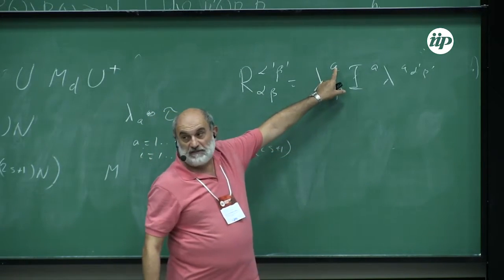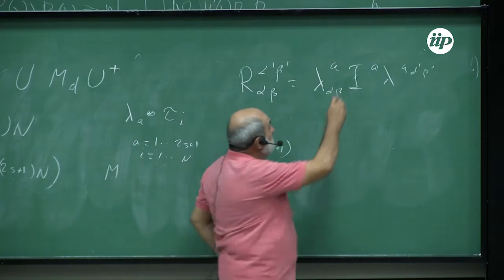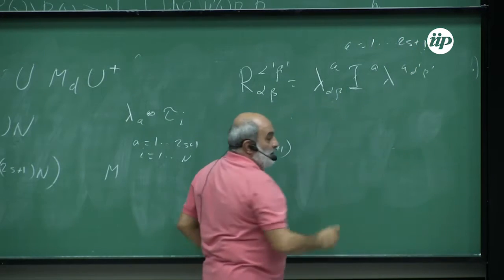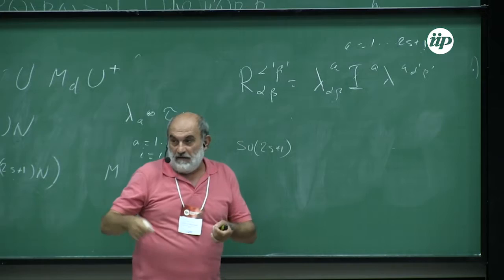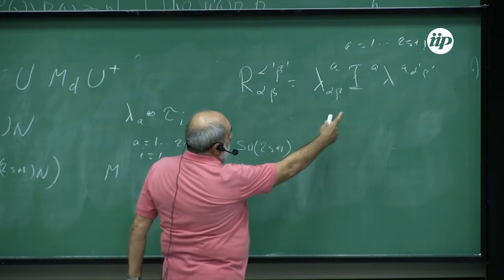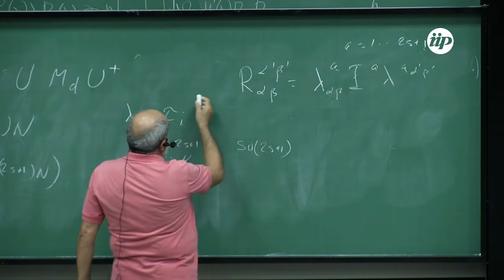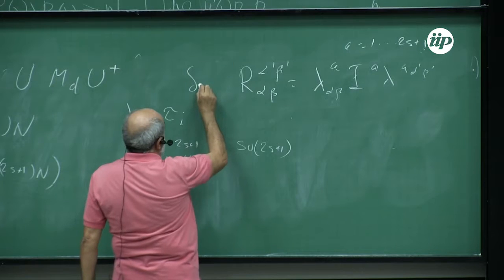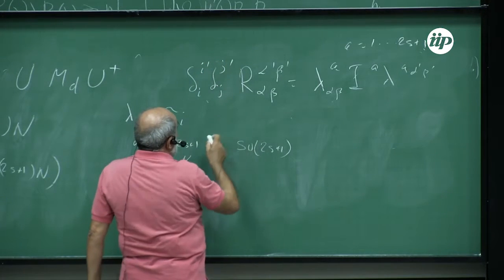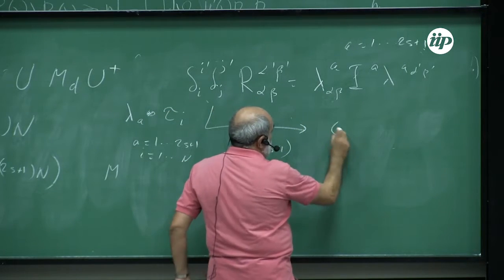I is adjoint; I is running over the number of generators from 1 to 2S plus 1. Alpha, beta are running over the fundamental representation. So this R, I will multiply now by delta I prime, delta J prime. I can express this product as a tau